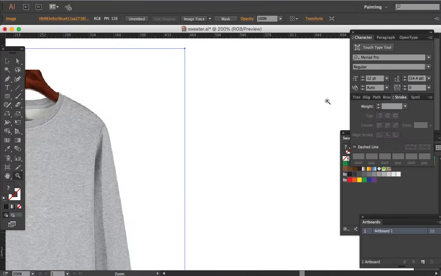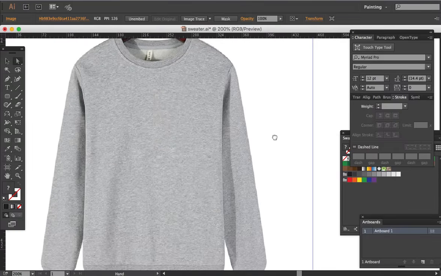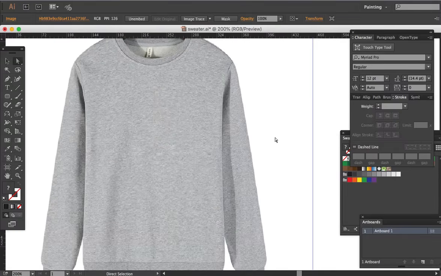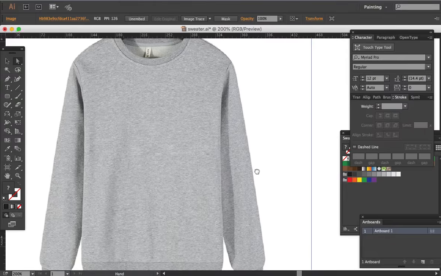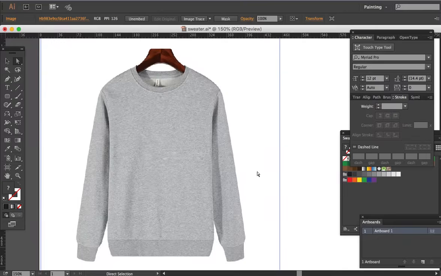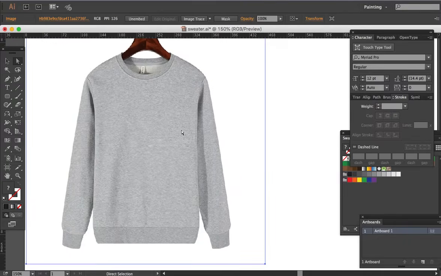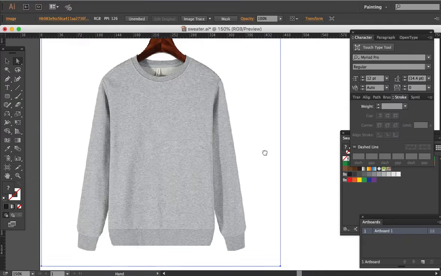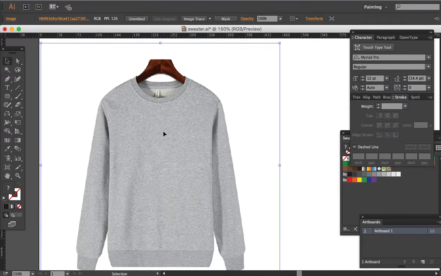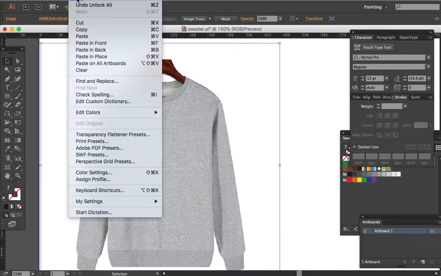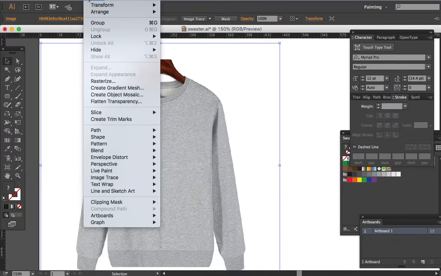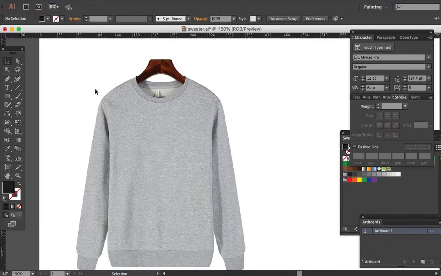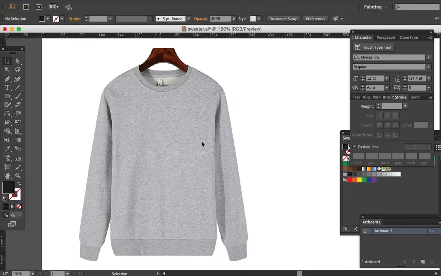Okay, let's start. So, I am using Adobe Illustrator CC. Make sure your image is black. Just select the image, then go to Object, then Lock. Okay, then make sure that